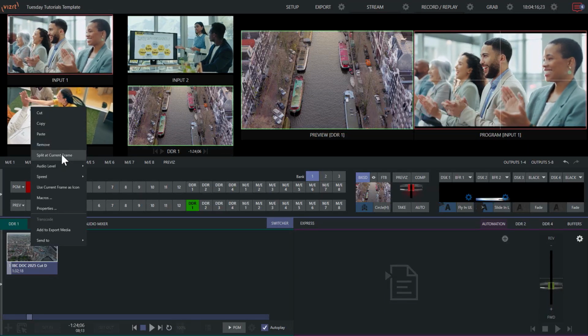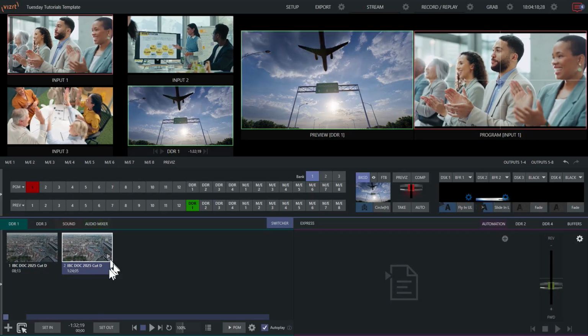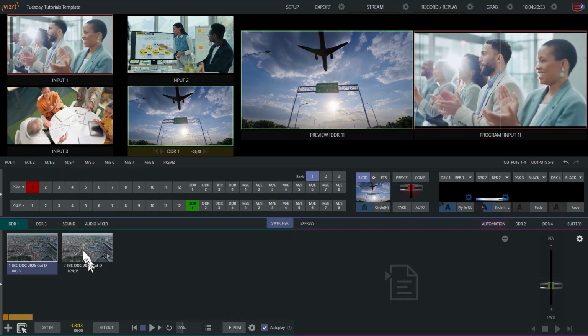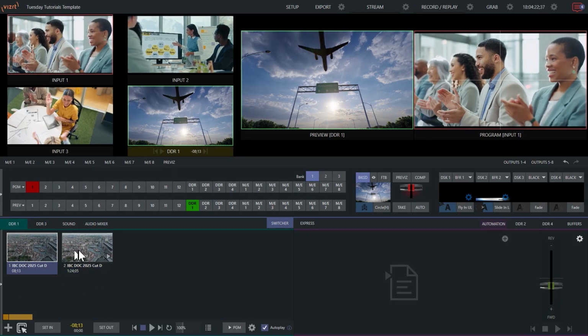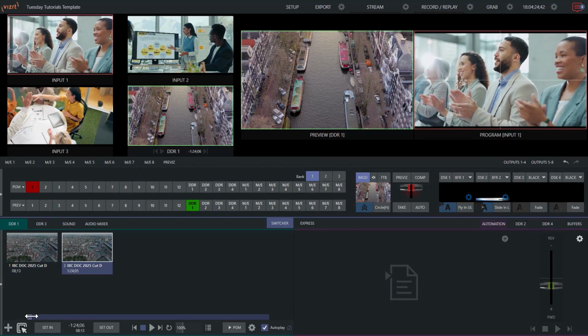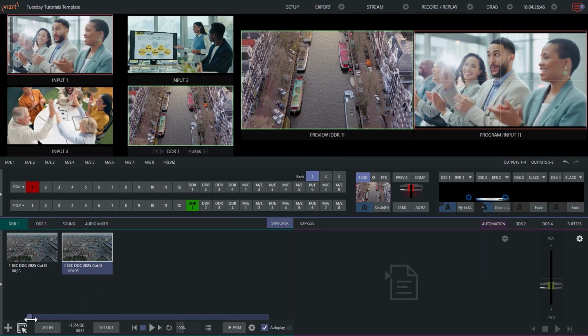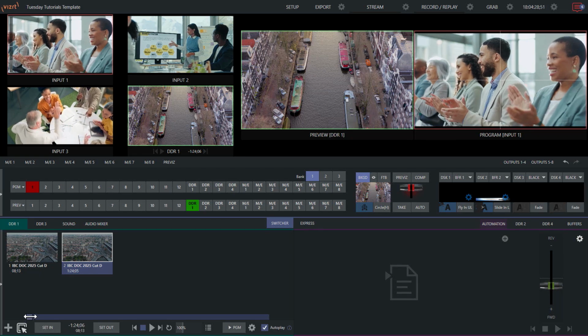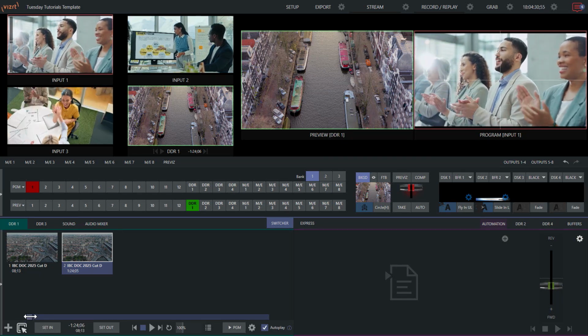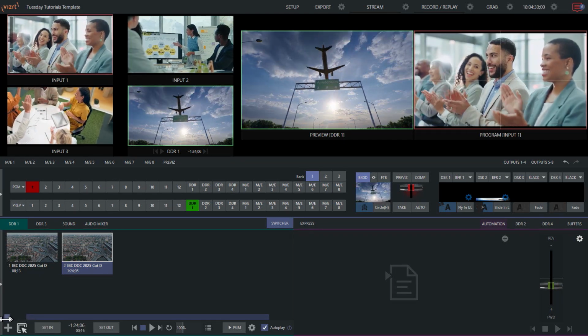And then you can say split at current frame. Boom, so now I have two clips here. All right, so just the intro part, and then this part is going to be the part with Carla and I. So you'll see that that playhead's moved there. Because see, if you do make these cuts, you can always go back and change them simply by moving this